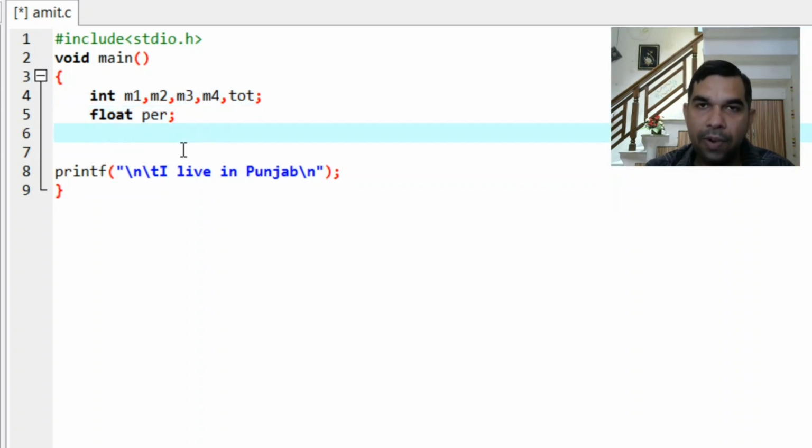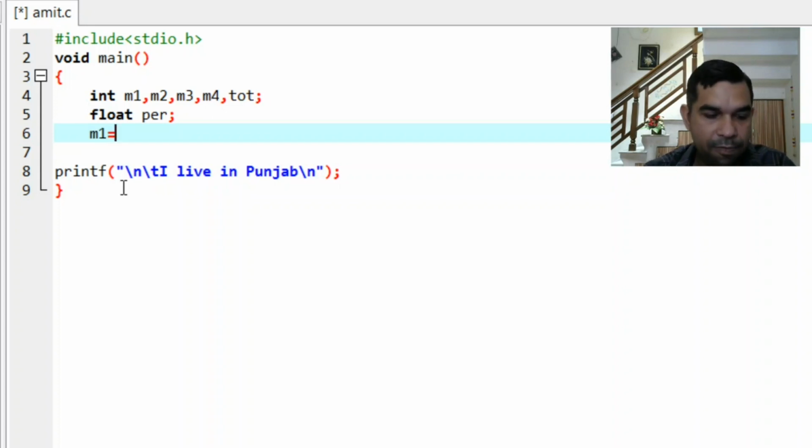Okay, now the next very important thing is input data. Now there are two methods. One is by initialization. We can just initialize the variables in the program itself, and another way is through the keyboard. So we will see both methods. First we will initialize these variables in the program.